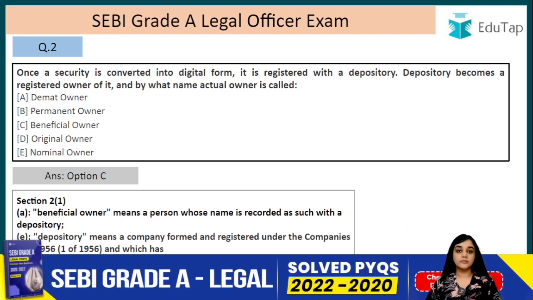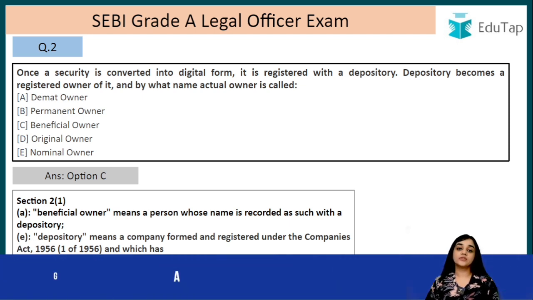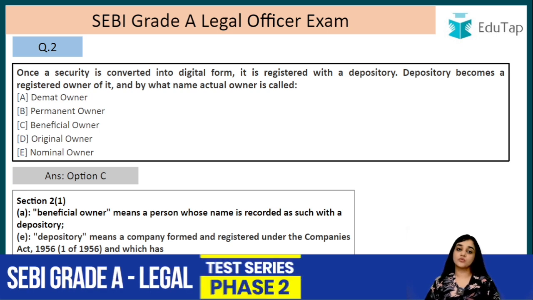Now I mentioned a term, a demat account. So what is a demat account? It is similar to the way you open a bank account. In a similar way, you open a demat account in a depository. A demat account is an account where you keep your securities in electronic form, right? So I hope now you are clear with depository, depository participant and a demat account.